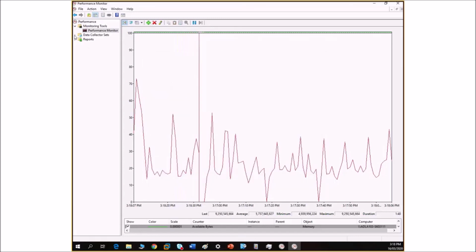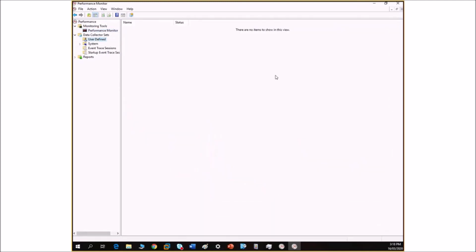And this is where we can use this to actually create what's called user-defined data collector sets, which means we can use the same counters and monitor our computers and save it away, pack it away, and then 6 months' time do it again. In the same method, same times, same period, and same counters, then we can compare the performance. So now we've got a bit of benchmarking, if you ever heard that term,